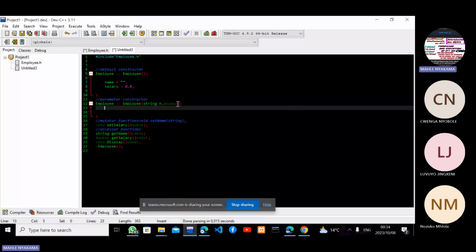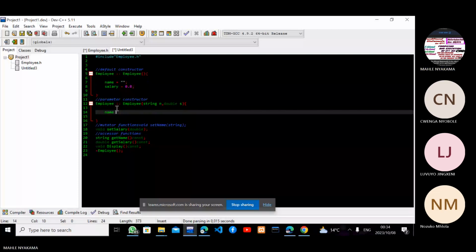Then you just say name is equal to N. That means the content of N, which is the value of N, is going to be passed here by value. It's going to be copied to the left side. And now,